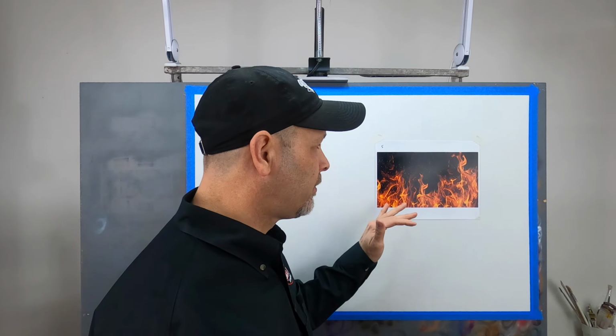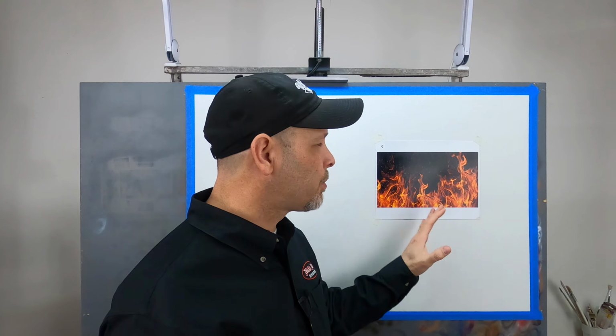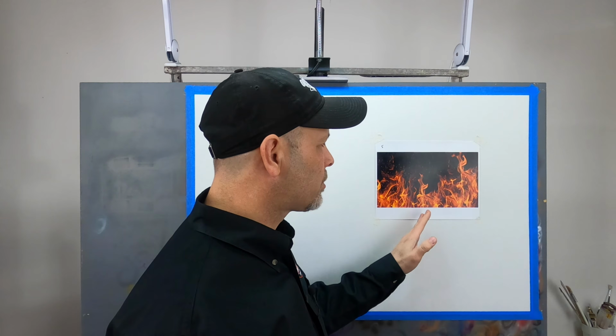Those are just a few of the elements that I really like in this particular reference image, elements that I think would translate really well into an artist interpretation of what fire might look like. The cool thing about this is there really aren't any rules. You as the artist can interject your own style and your own influence into your own paintings. You can completely personalize it if you wish to do so. There are other elements in this reference image that are usable as well.